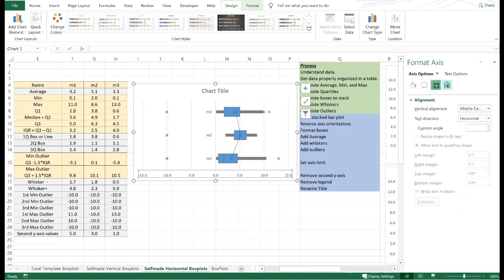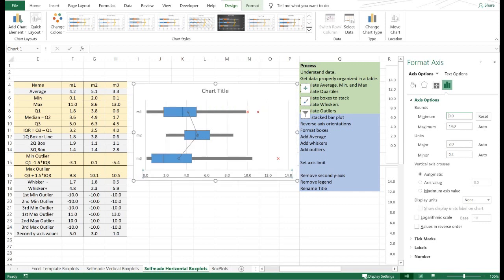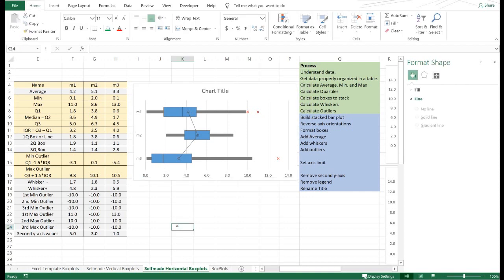We want to be on the 3 bars, the axis options, click on the little option thing, the bounds. We want to go from 0 to whatever it needs to be. Auto is okay. If you had an auto you didn't like, you could go to auto and change it to something else. But this auto looks okay. I'm going to leave it alone. So there's the chart. It's looking pretty good. The only last thing to do is